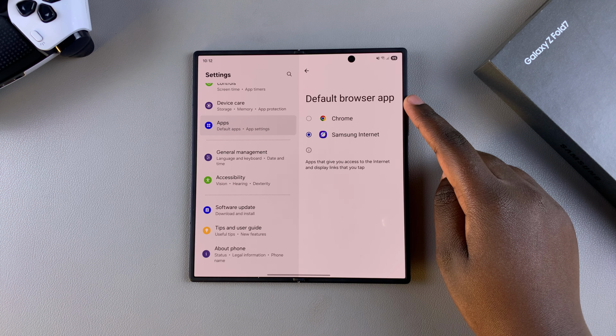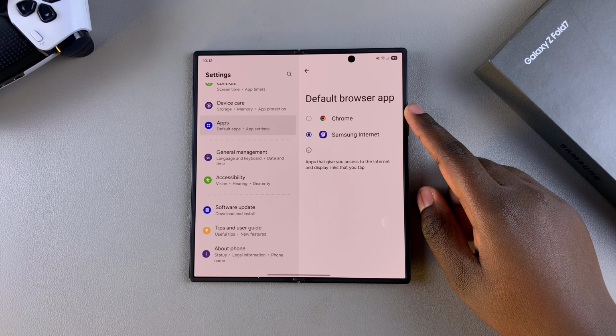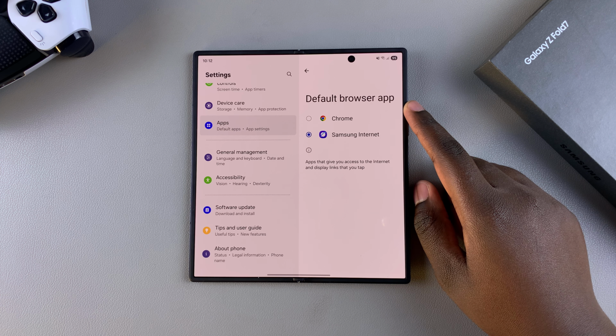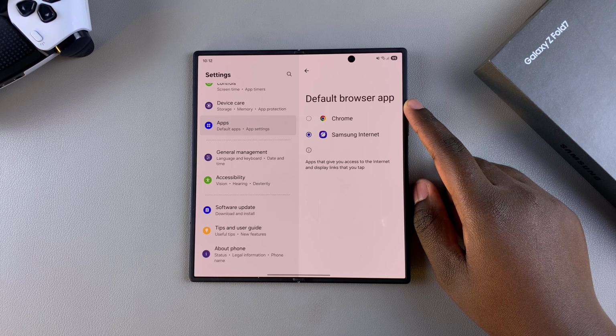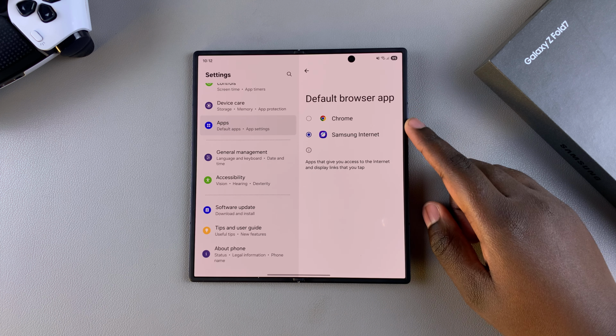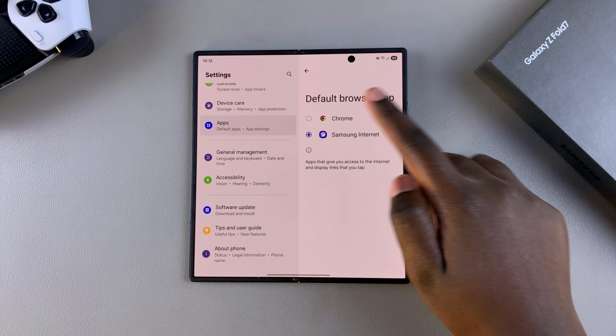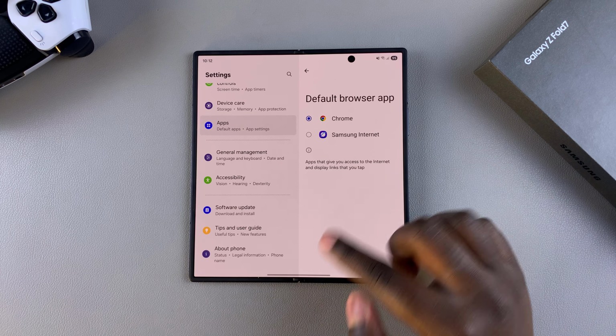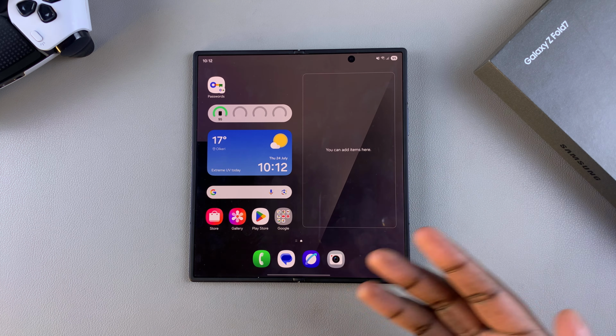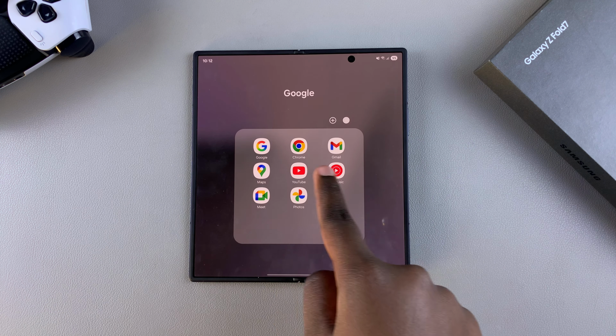Tap on it. From here, you should see all the browsing apps that you currently have installed on your device. So what you're going to do to switch your default browsing app is simply select the one you would prefer. So currently I'm using Samsung Internet, but if I want to switch to Chrome, all I'm going to do is just select it. Once it's been selected, now when I open any links on my device, they'll automatically be launched